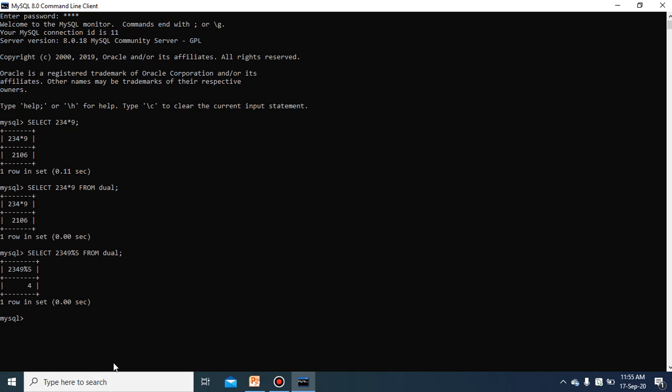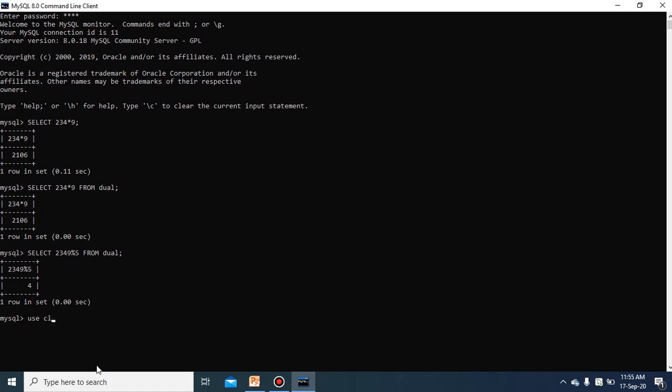If you use your table to perform any mathematical task, you can do so. In the last class we created the table employee under the database class 12.